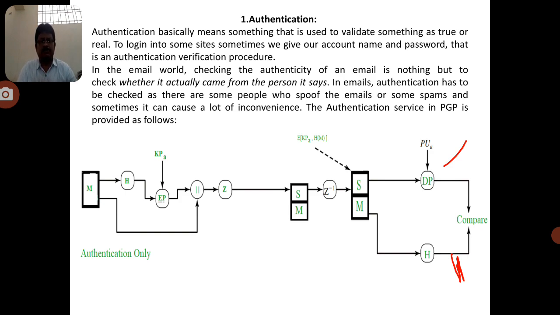So this is the PGP. PGP stands for Pretty Good Privacy, which provides confidentiality and authentication mechanisms for email. And also the message can be compressed with the help of the Z algorithm. Here also a cryptographically protected hash function is used to generate the authenticated message, and the secret key, that is the KS, is used when generating the confidential message. So this is the complete information about PGP.